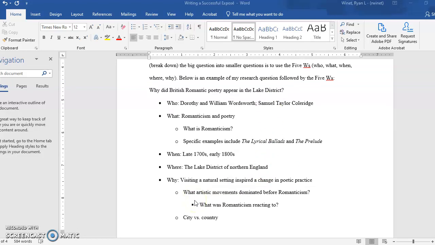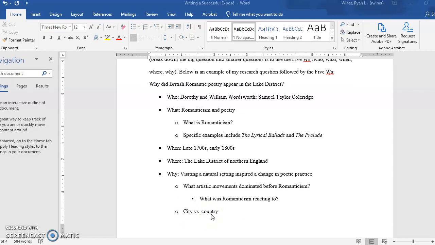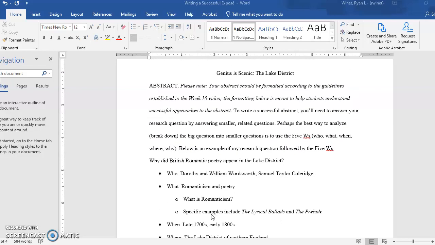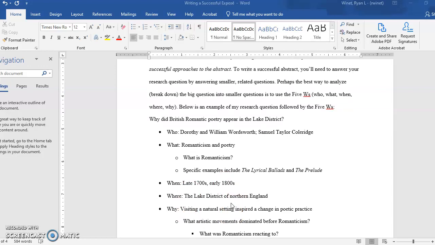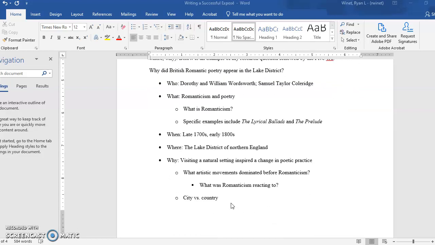And so to answer that question more effectively, I have to answer what artistic movements dominated before Romanticism. And another way of putting that is, what was Romanticism reacting to? And you can see here another thought I have is city versus country. Now, I have not answered all of these questions in as much detail as I need. This is just meant to get you started and to think about what will be necessary to answer for a